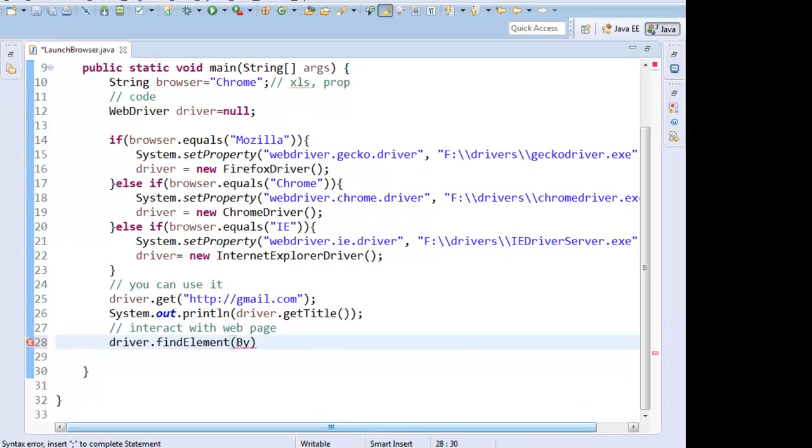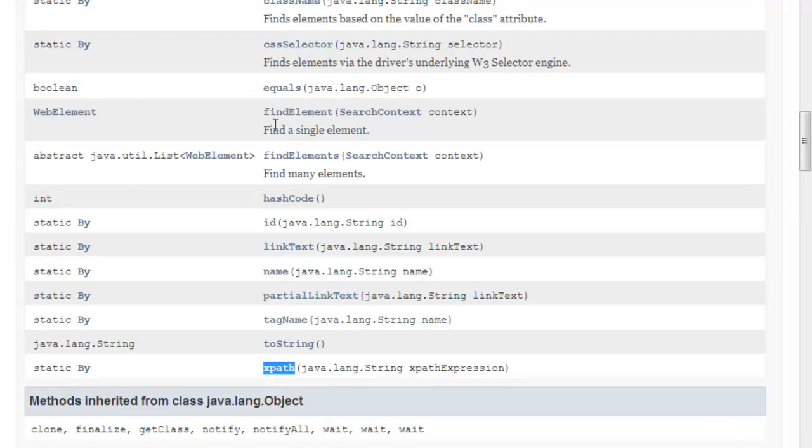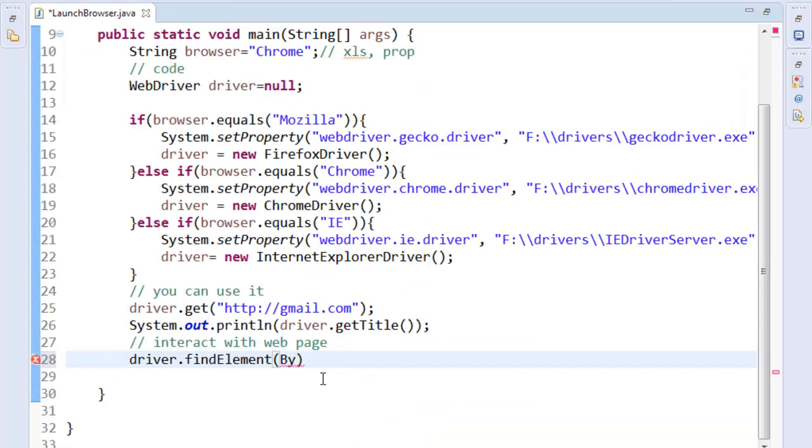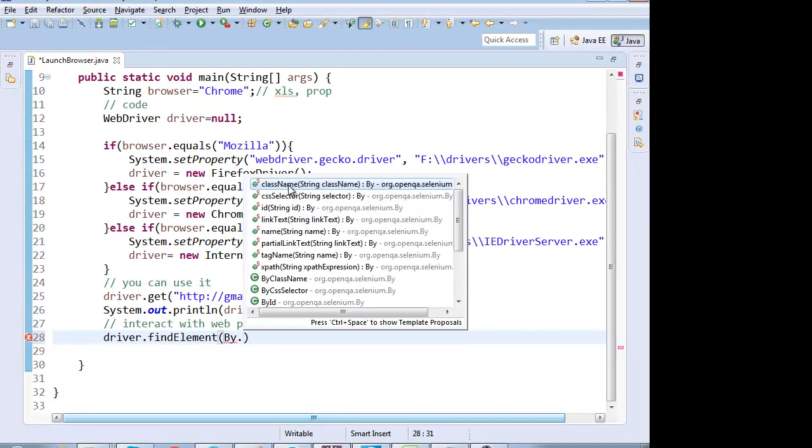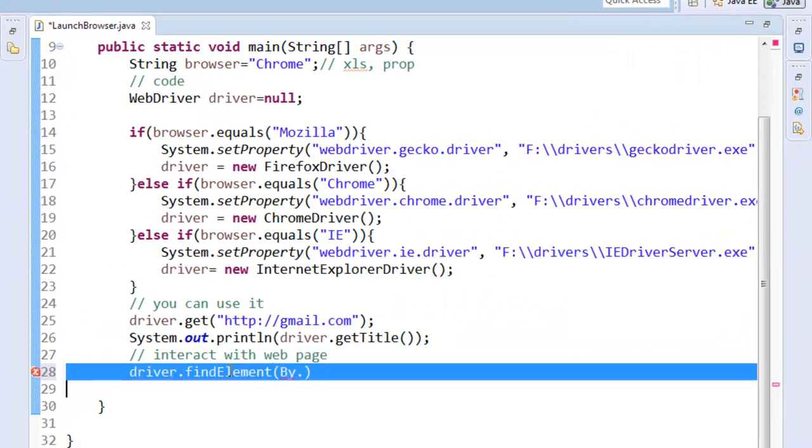Inside the By class, every function is static in nature. You can call it directly. You can write By dot which criteria you want. You want the link text, you want the partial link text, ID or name, anything.